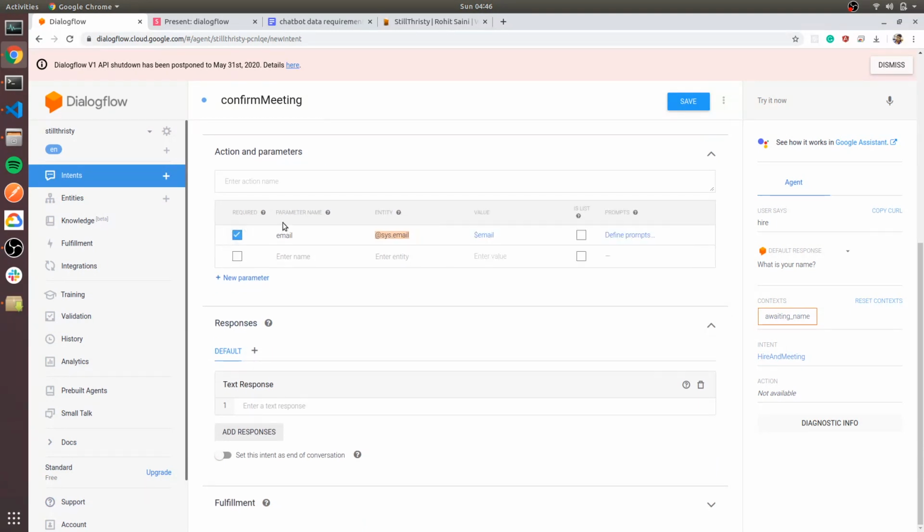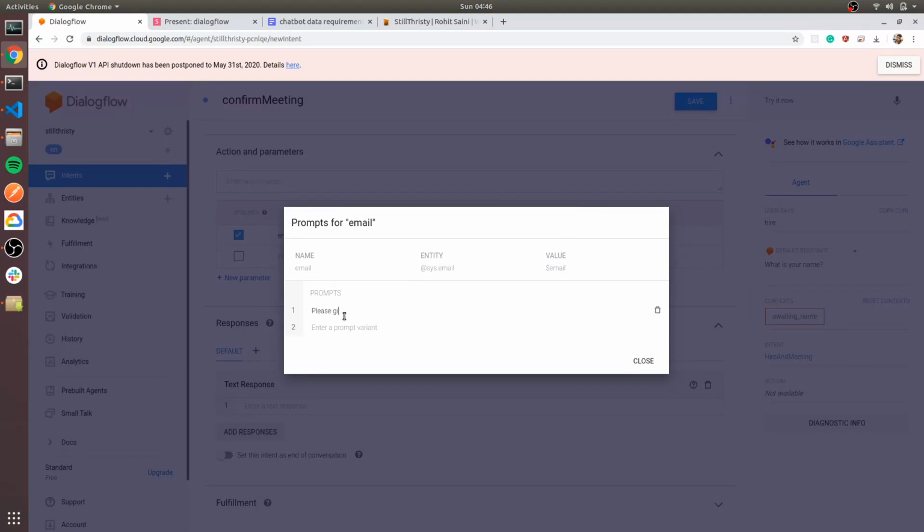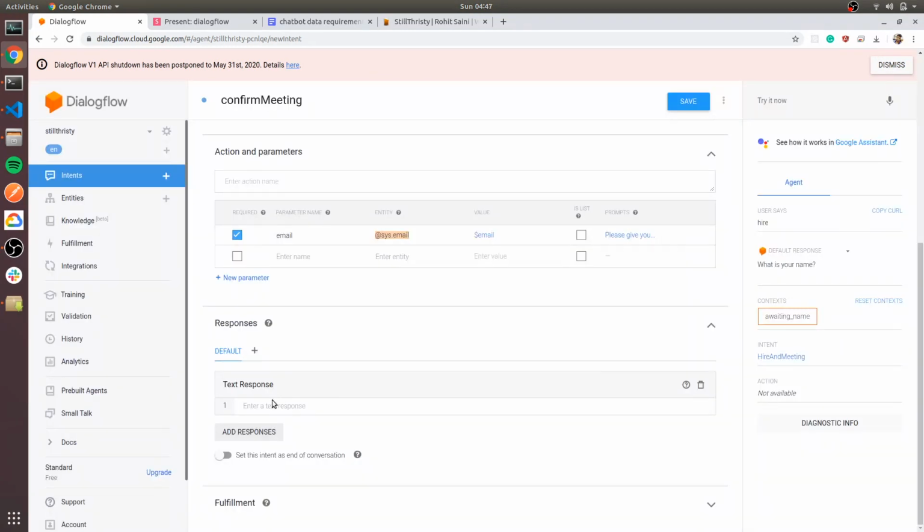Also this parameter is required, and we can define a prompt like please give your email ID. And we can send a response like this.